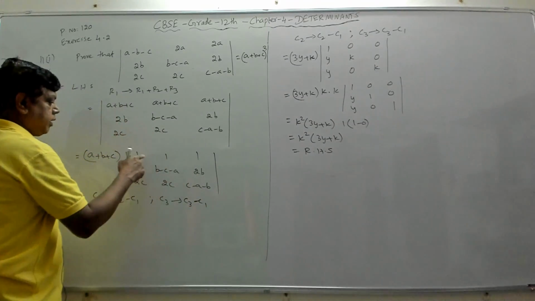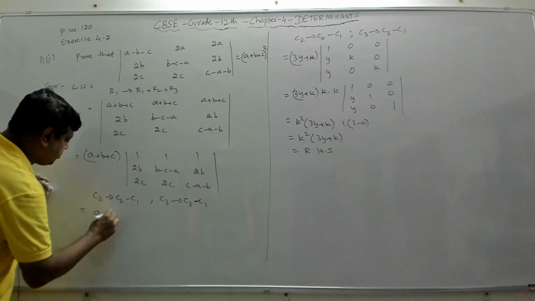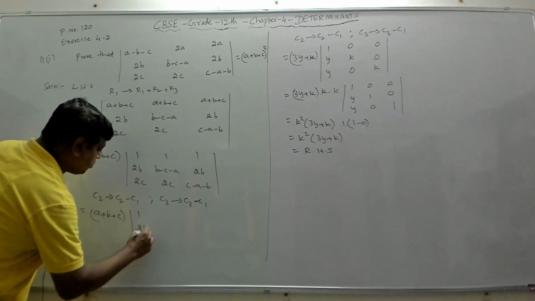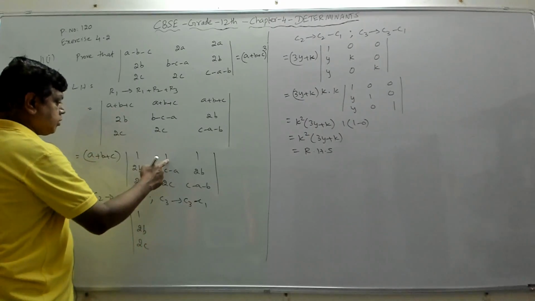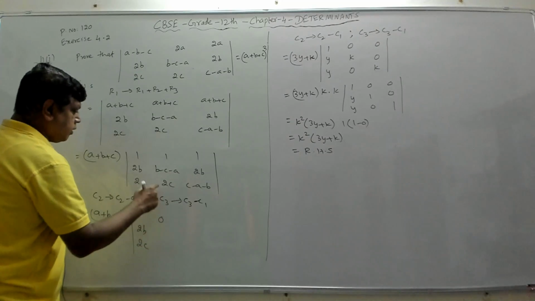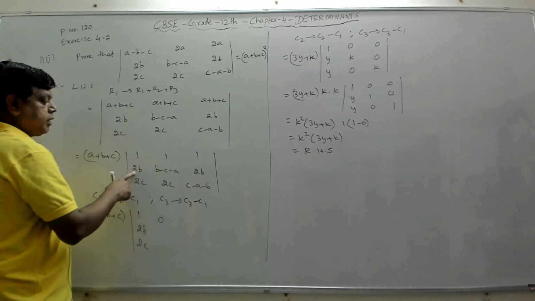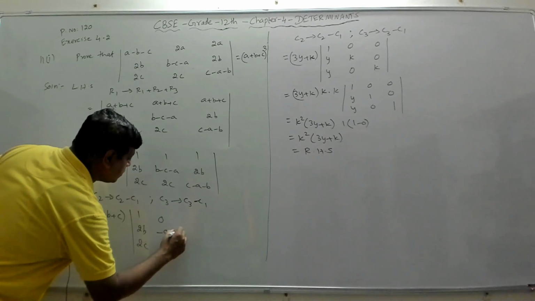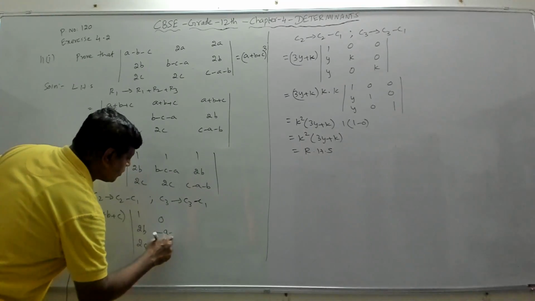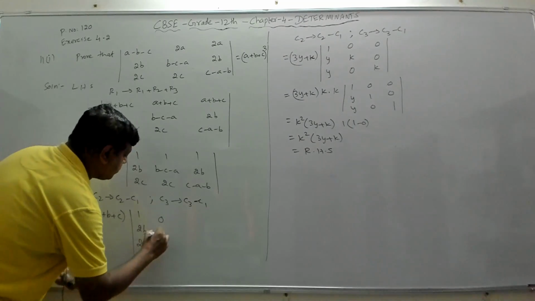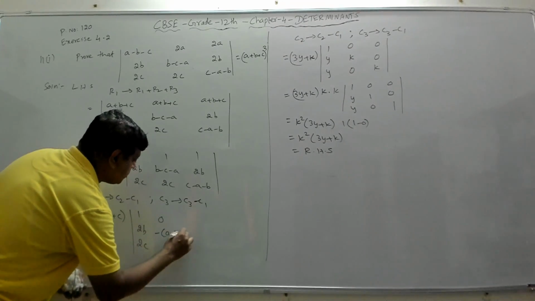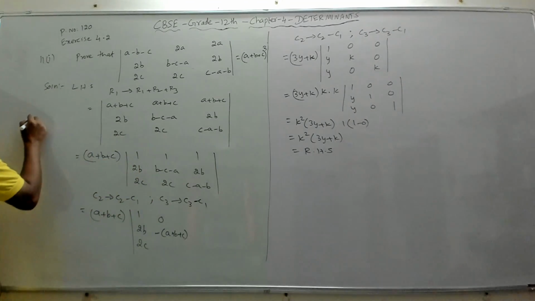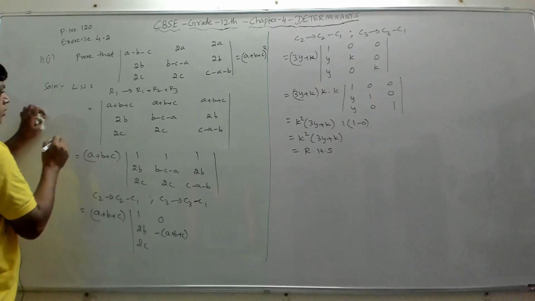If you do this, so this minus this, so this will become A plus B plus C into, then no change in the first column, right, as it is. Second column is 1 minus 1, 0. B minus C minus A minus 2B will give me minus A minus C, A minus B minus C. Or I can even take minus common. I'll get A minus B, A plus B plus C. If I do this minus this, right? If I do it in the rough, B minus C, right? I'll do it here.